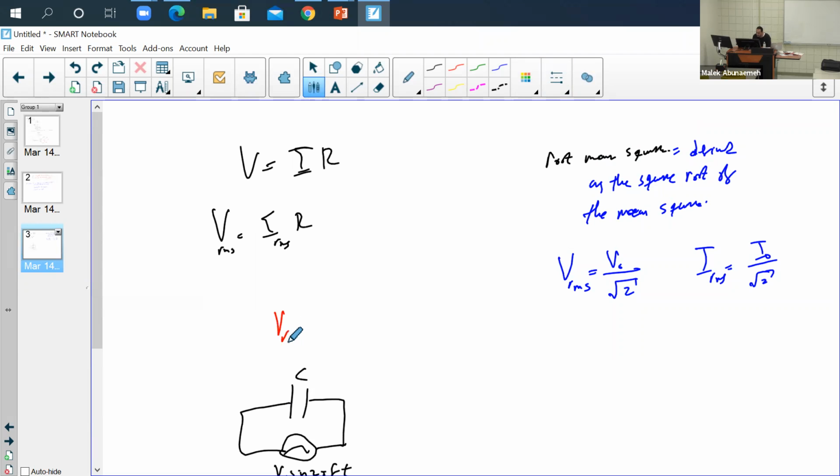Your voltage root mean squared is going to equal your I root mean squared multiplied by something called your XC. This XC is your capacitive reactance,